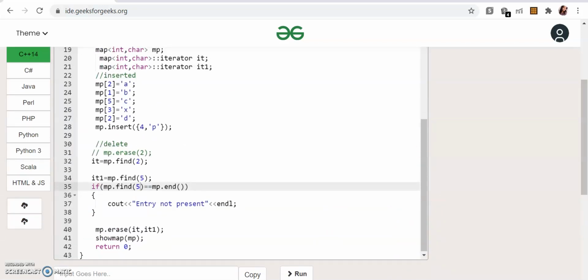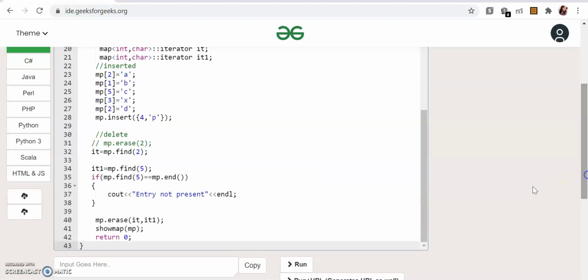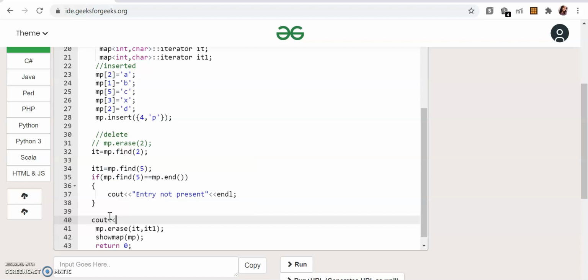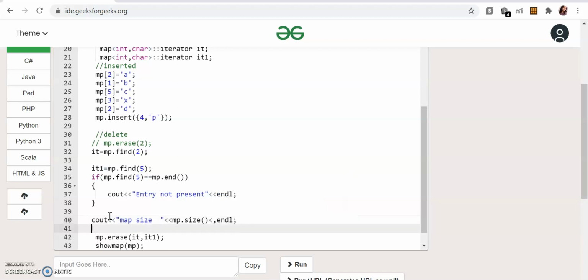See, so these are the most common things that you will use. The other functions I have also explained, so let's quickly try those as well. We had size and max size, right? So let's try to print that. cout map size, mp.size.